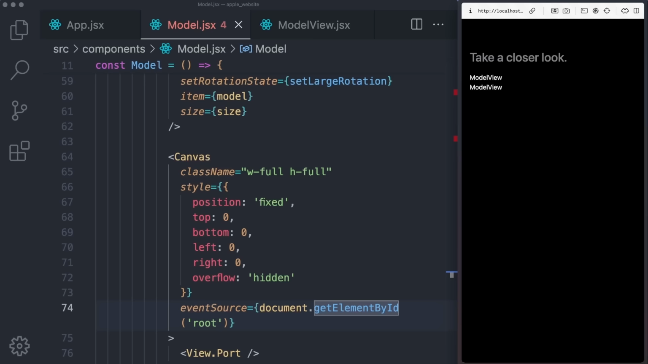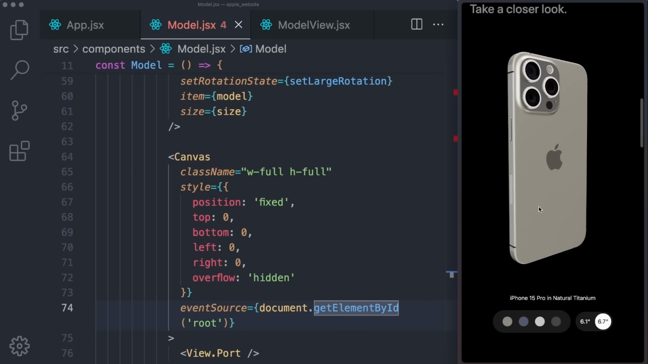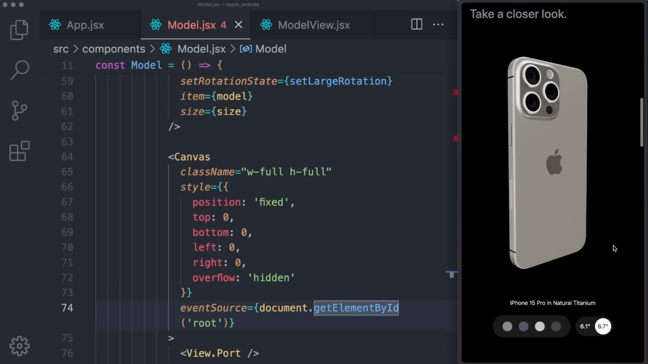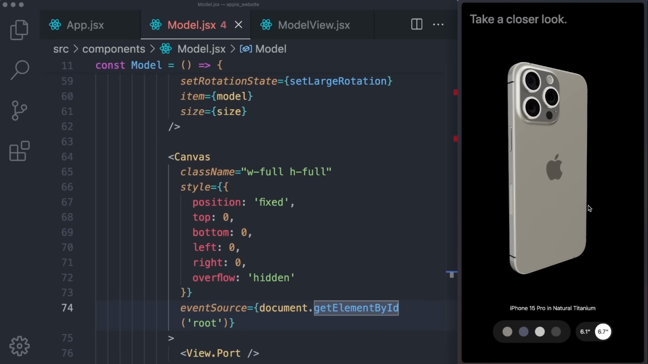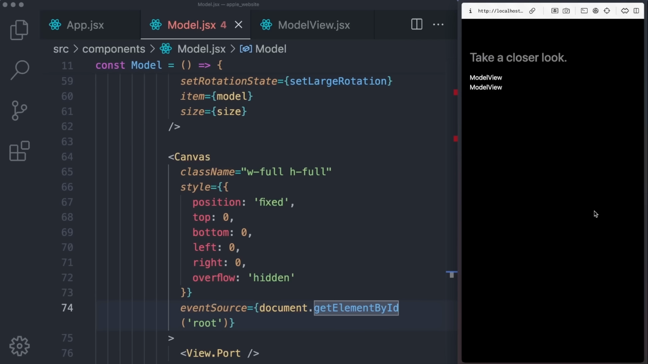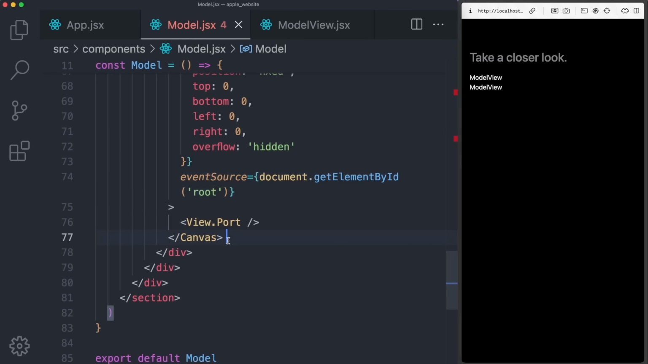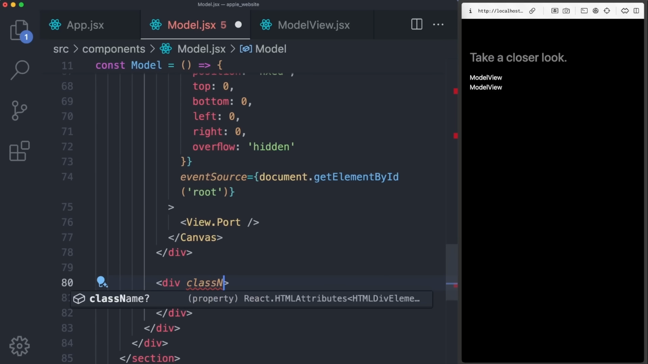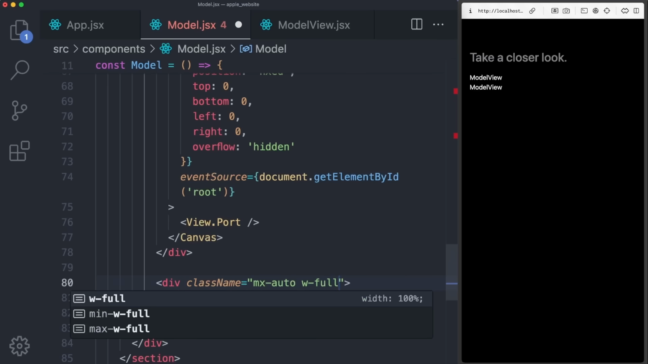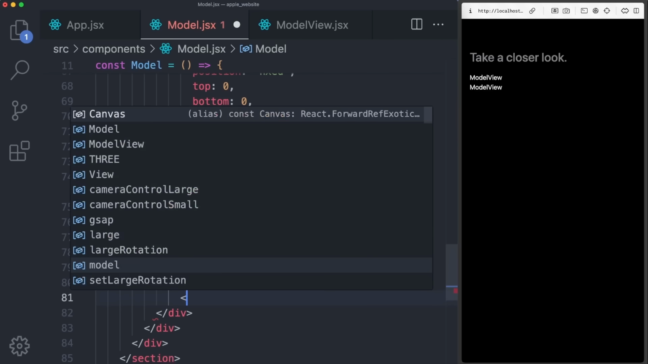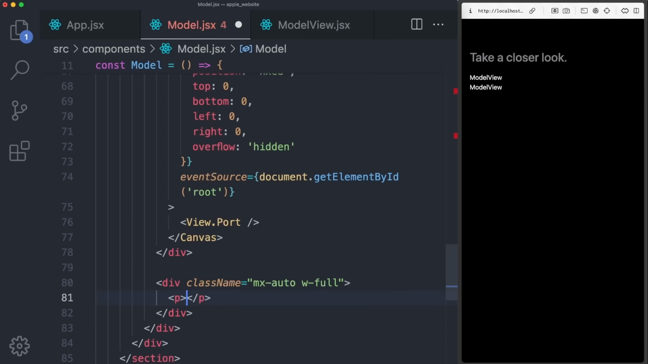Before we start working on these 3D models, let's also show some additional information, such as the title, colors, and the sizes. That way, as soon as we show the model, we'll be able to play with it and modify it. So going back right here, we can go below the canvas and below one more div and create another div. This one will have a className equal to mx-auto and w-full. Right within it, we can create another p tag that will say